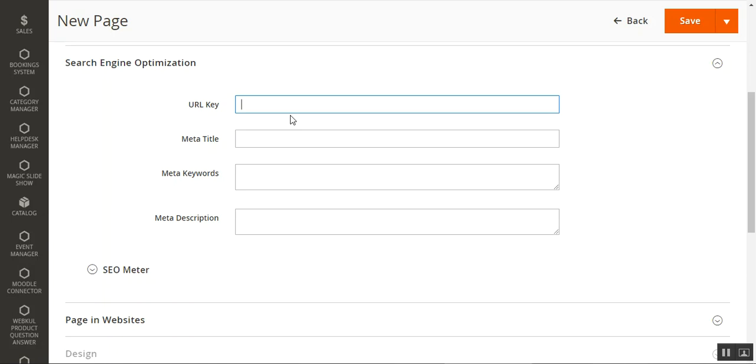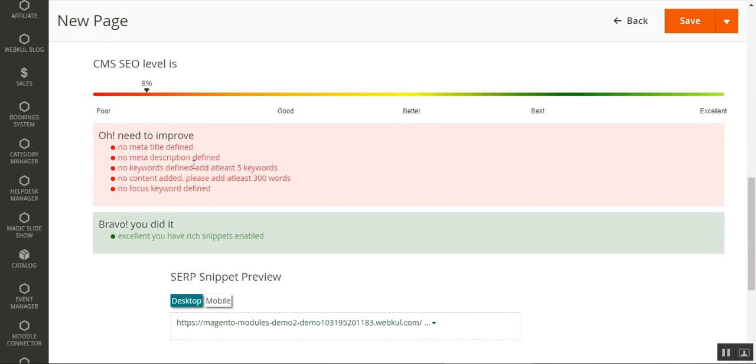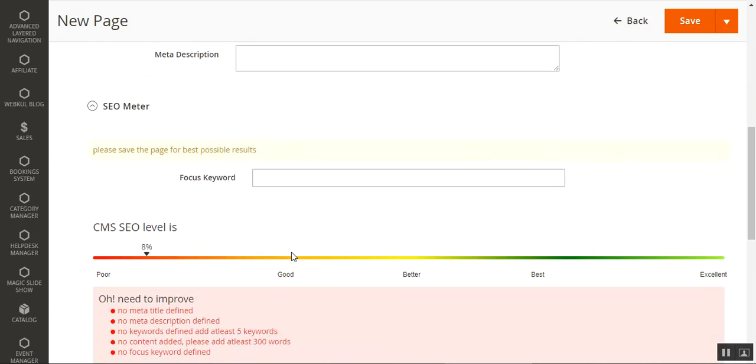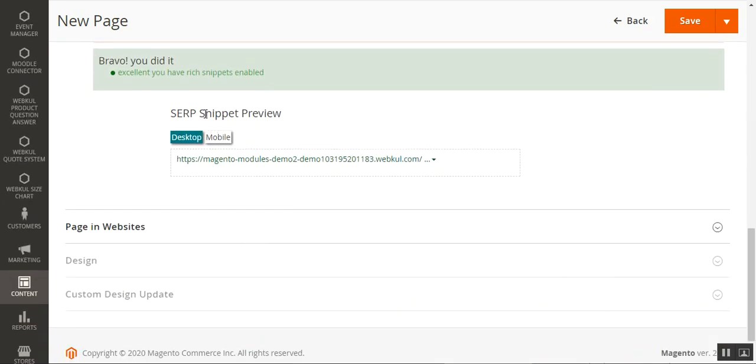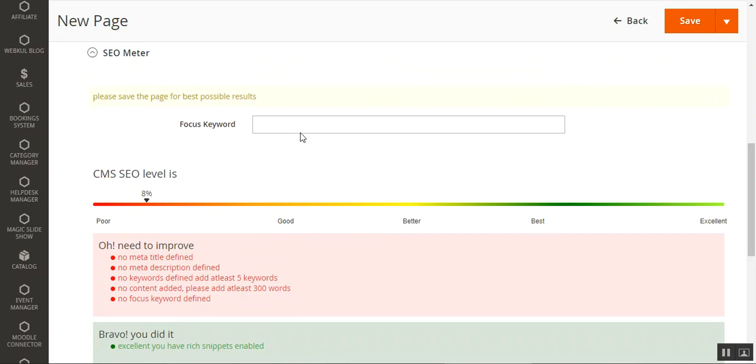The higher the percentage, the better the SEO, and the admin can view the ways and suggestions for improving the SEO level, as you can see right now. The admin can also check the SERP snippet preview for the desktop and the mobile for your CMS pages, as you can see. So here you can set the focus keyword,